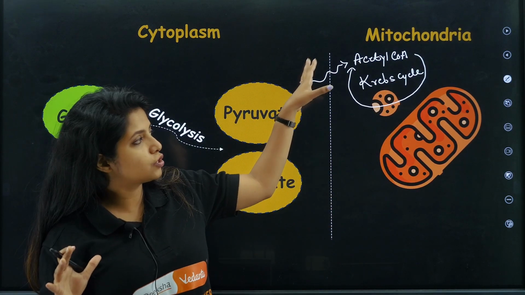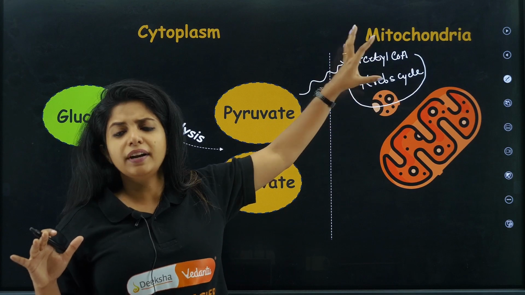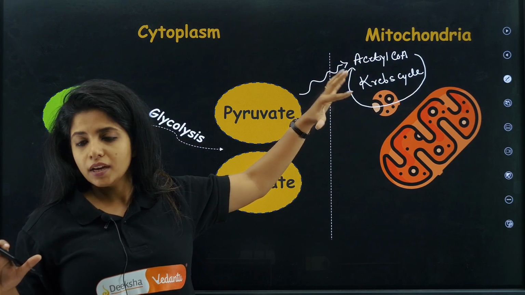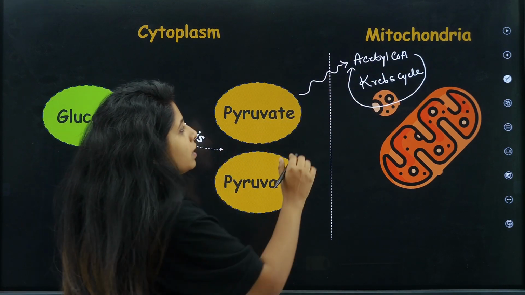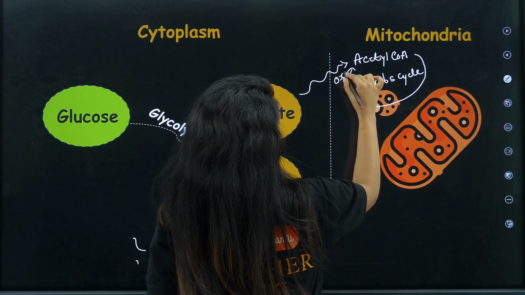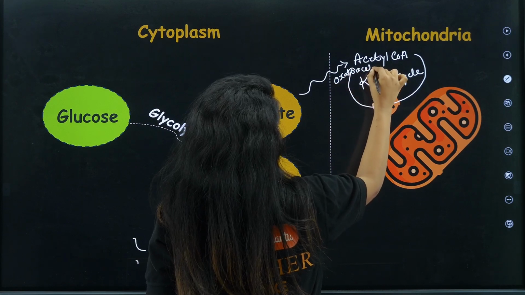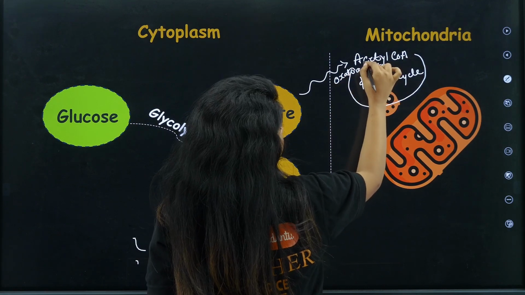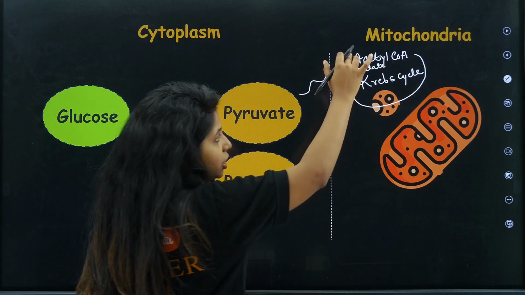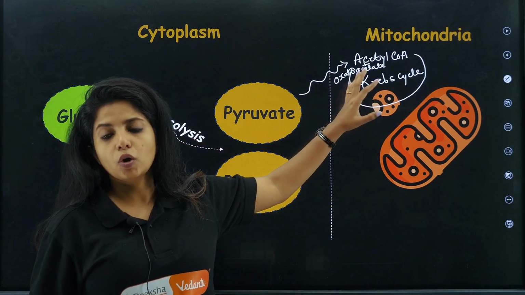So acetyl-CoA, which just formed, went into a cycle, it went on reacting with a lot of stuff, and at the end it got the same thing, that is, it started off with oxaloacetate. Acetyl-CoA reacted with oxaloacetate, and then the whole reaction happened. At the end, you again got oxaloacetate.